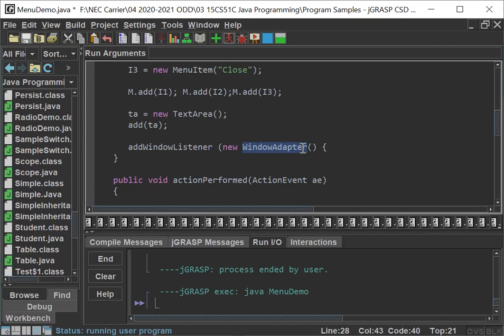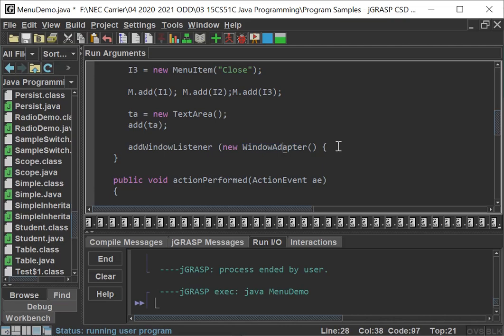This adapter class allows me to override only one method which is available in the listener class. So for that purpose I have utilized this class, in order to make use of only one method which is available in that particular interface to be overridden.